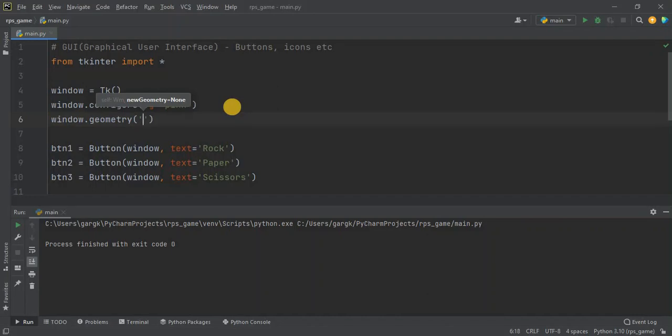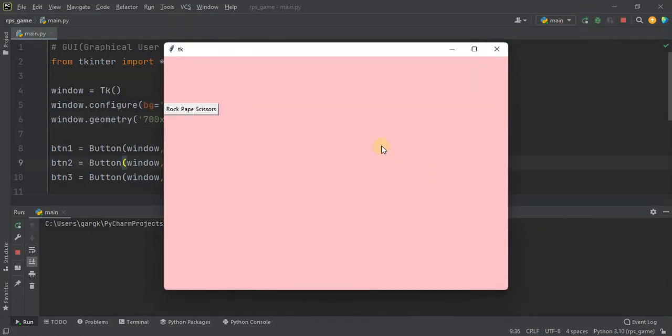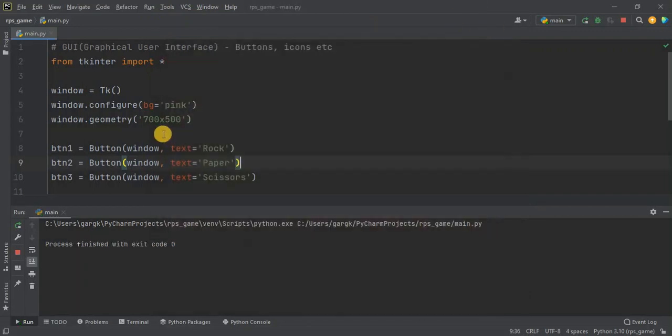What is the width? Let's say 700, x sign, and now I will pass the length, I mean height. Height will be 500, let's say. Fantastic. Now we are getting to see a large window, and that's what we wanted.